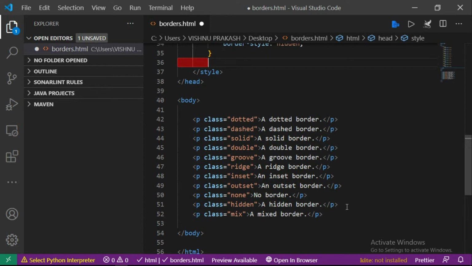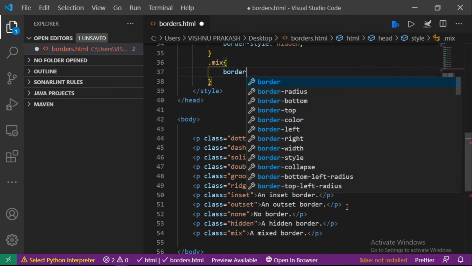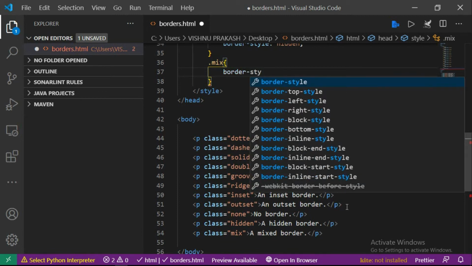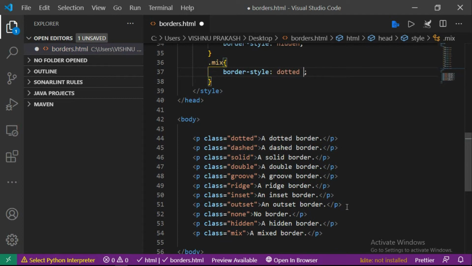Next we are going to give mixed borders, where for the four sides we mix and give different borders. For that I'm taking a mix class, then for border style, since four sides are there, we give something different: dotted, then dashed, then solid, then double.